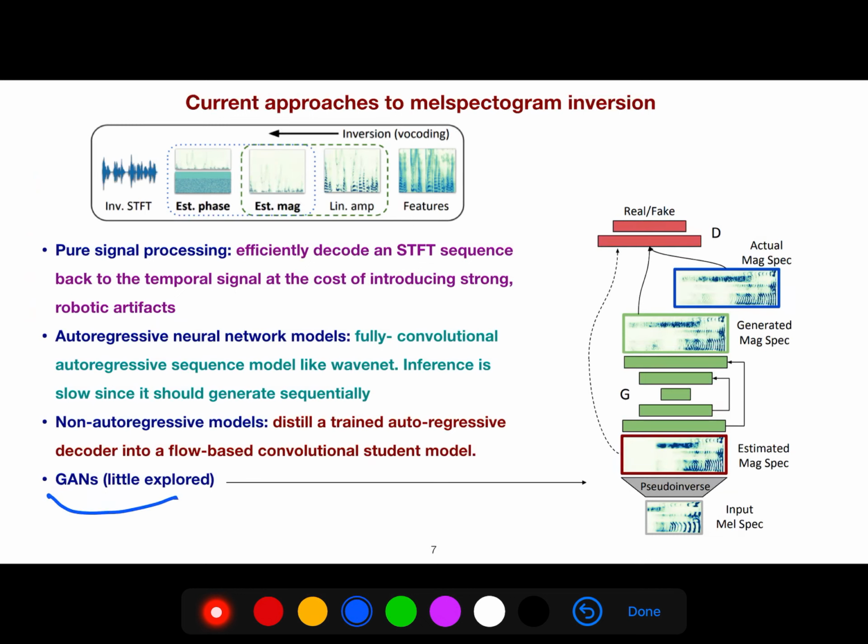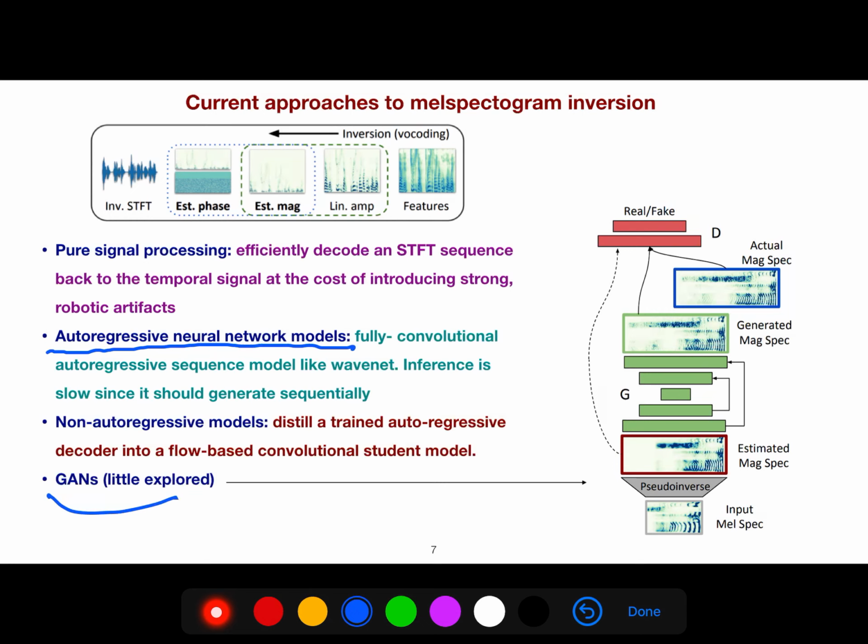You could use pure signal processing, I mean something like the inverse short-term Fourier transform. You could use an autoregressive neural network, but they have some problems because they are so slow in inference. They should generate all of these sequentially, so it takes time.